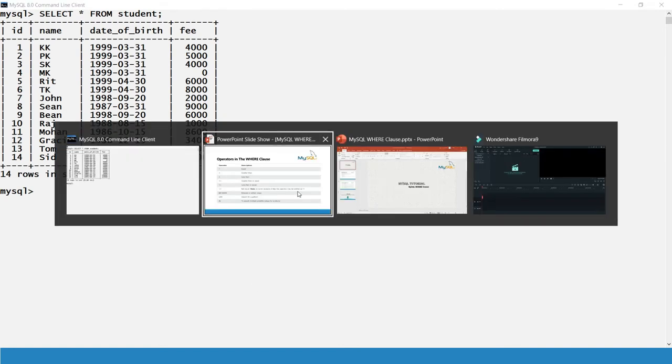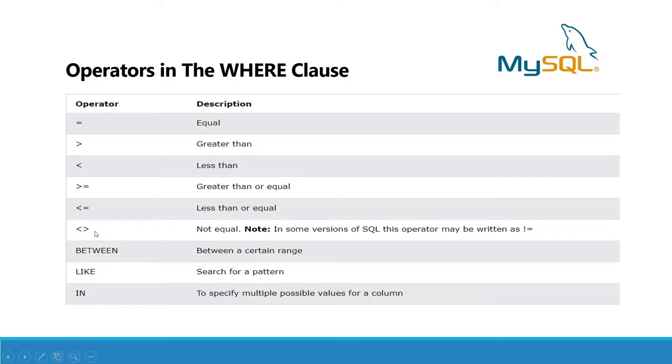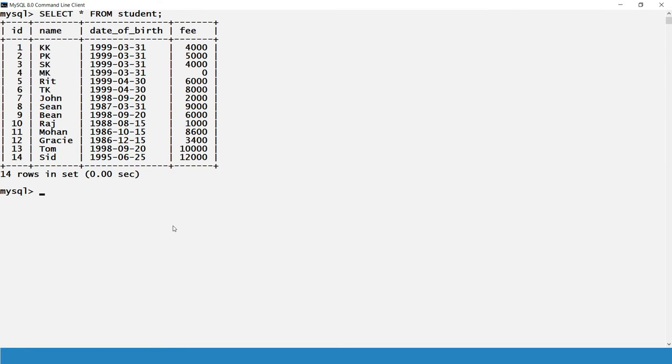Now we have already seen not equal to, then you can also apply between. So if I do select star from student where id between, of course you can write between in capital or small letters, it doesn't matter, let's say 5 and 10.